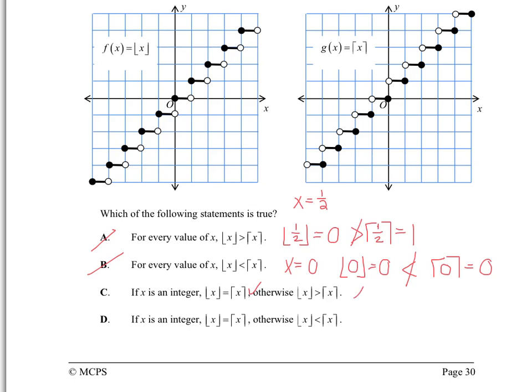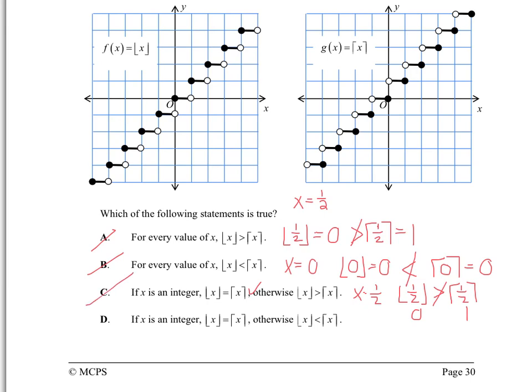However, let's go back to x equals 1/2. Is the floor function of 1/2 greater than the ceiling function of 1/2? Well, we saw with part A that this equals 0 and this equals 1, so this is not true,